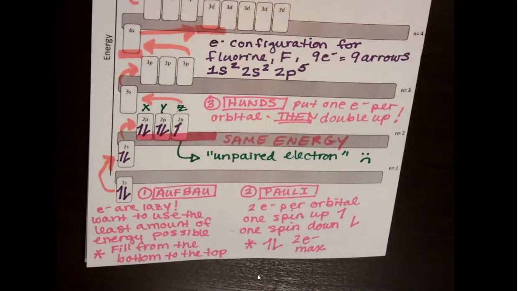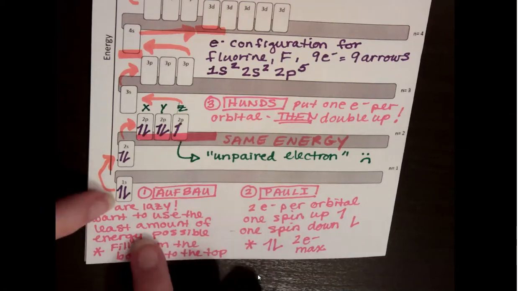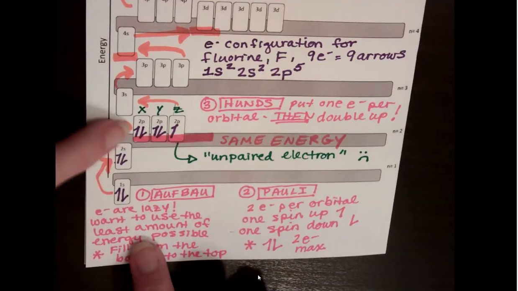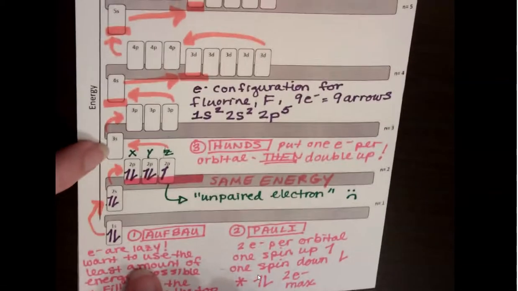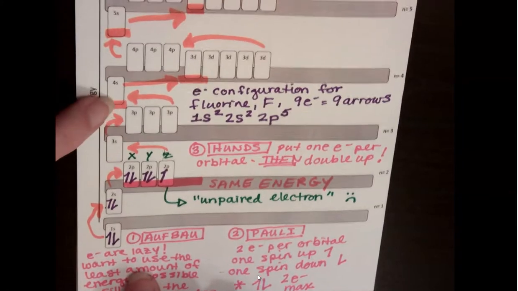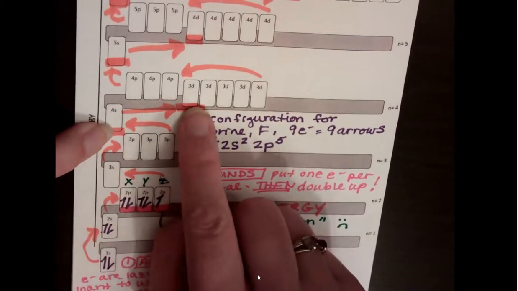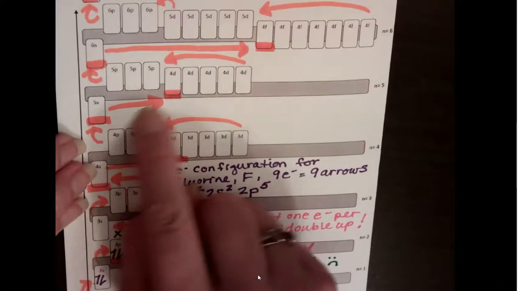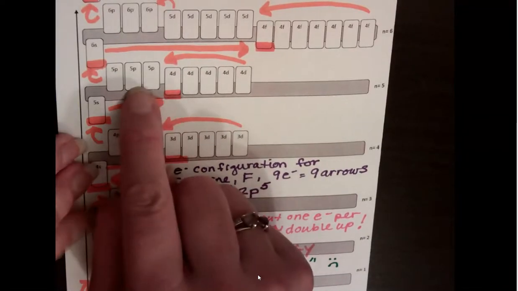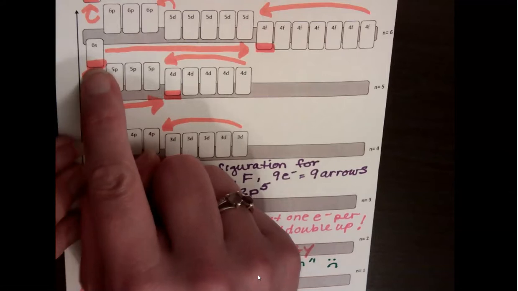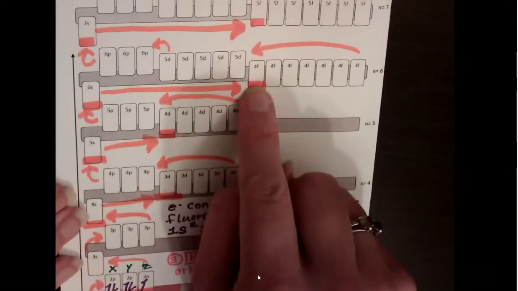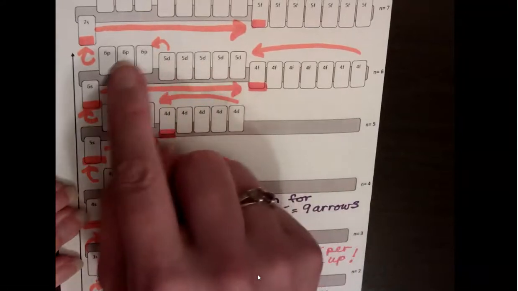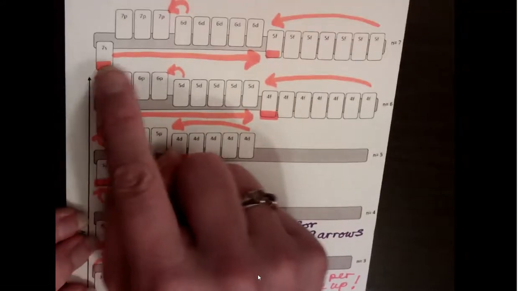So let's kind of run through it. Instead of just going 1, 2, 3, 4, 5, 6, 7 in order, we will have to jump around. So 1s, 2s, 2p, 3s, 3p, 4s, then the 3d, 4p, 5s, 4d, 5p, 6s, finally 4f, 5d, 6p, 7s, 5f,